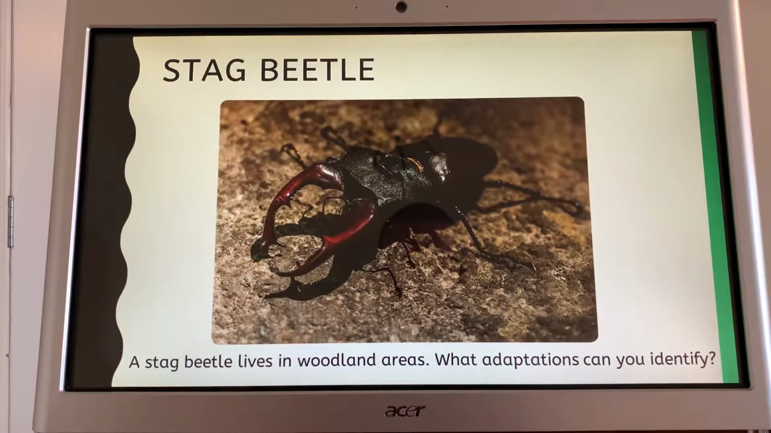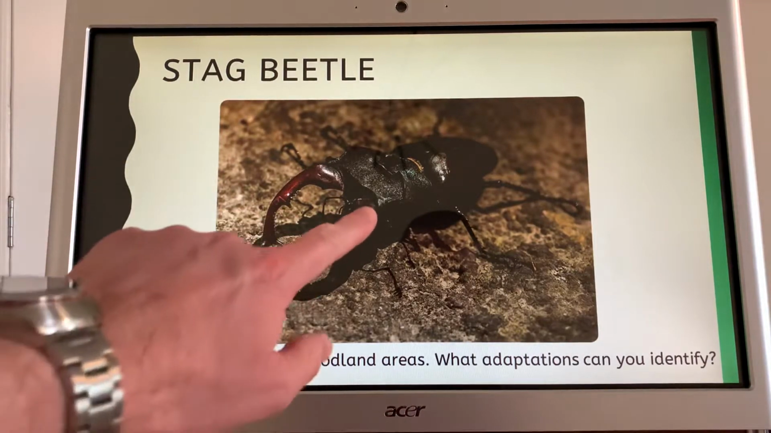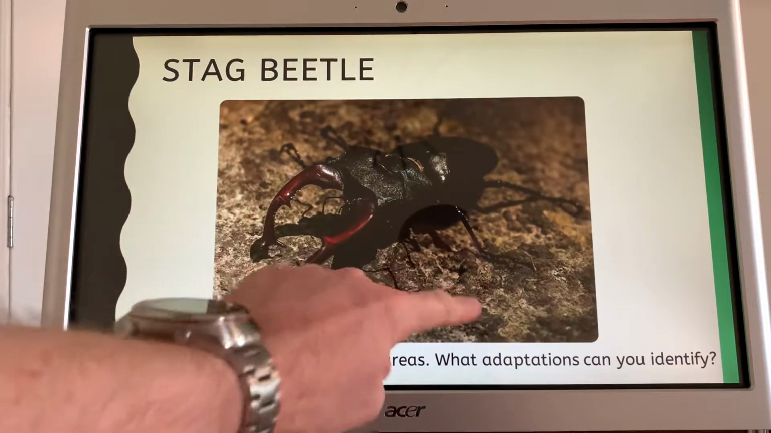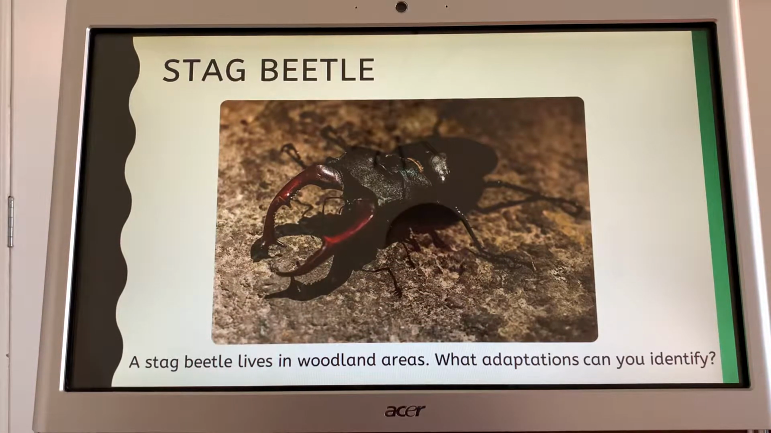Okay, so our first one, stag beetle. A stag beetle lives in woodland areas. What adaptations can you identify? Remember, thinking of an insect, we have 6 jointed legs, 3 parts of the body: head, thorax, and abdomen. We have an exoskeleton. But looking at Mr. Stag Beetle,